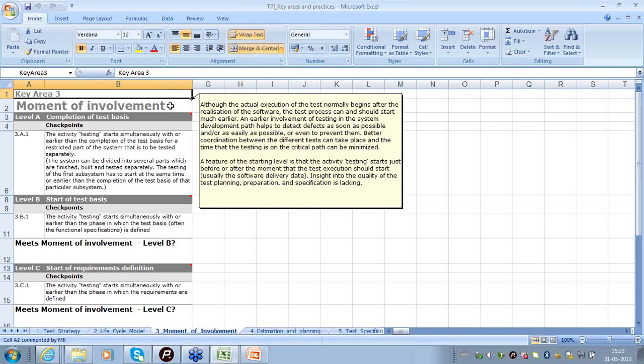Also, the influence or the advice of the test team is taken into consideration even during the software development lifecycle phases, say for example the planning phase, the design phase, or the development phase.